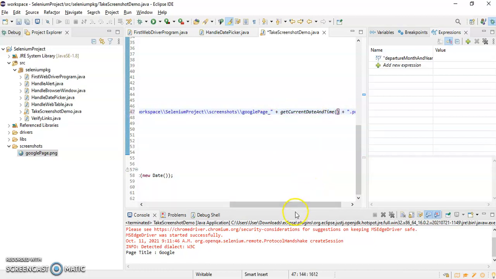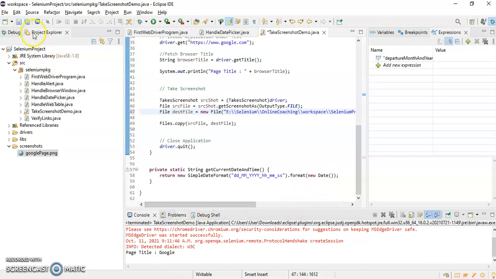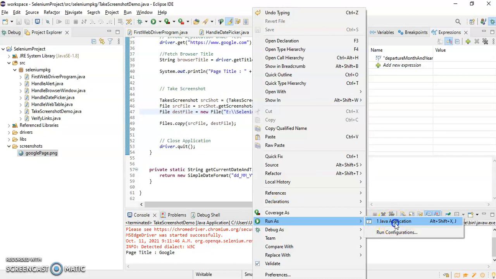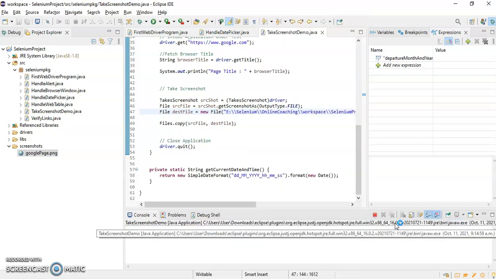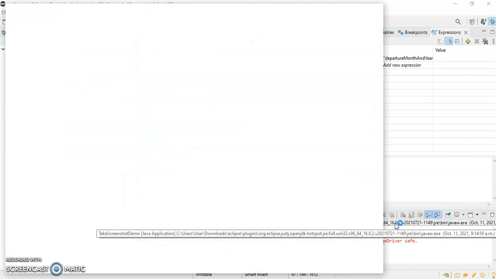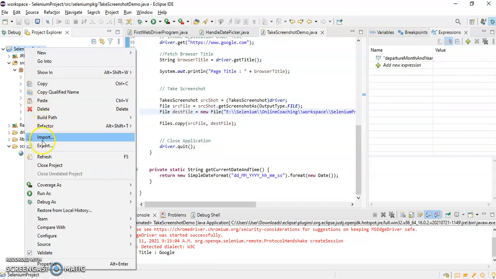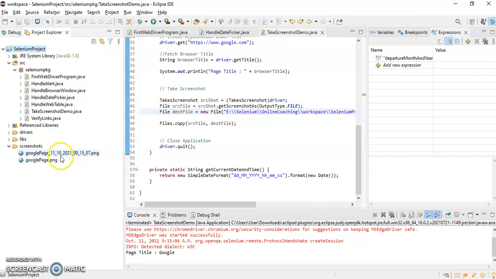This time we will save the screenshot with date and time. Let's see. Again I will run this script, run as Java application. If I refresh the project, you see this time we have saved the screenshot with date and time.